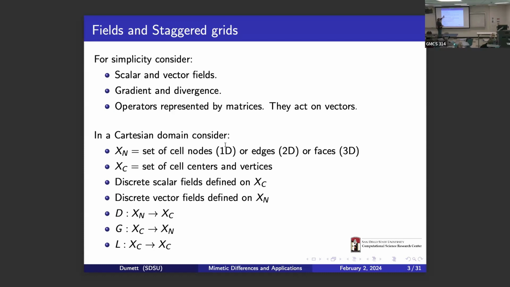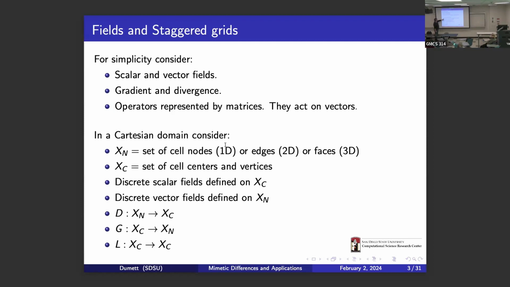As I said, I would like to remove all the spatial differentiation, but just by matrices. And these matrices act on vectors. If I have a three-dimensional or two-dimensional domain, I will have to convert that into a vector to apply this operator and obtain the result, which is a discretization of the gradient or divergence.